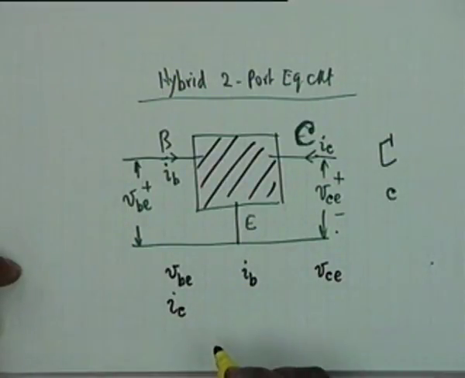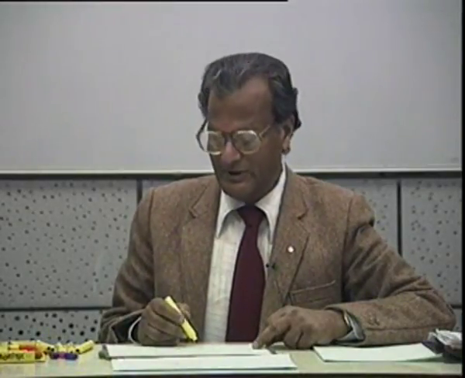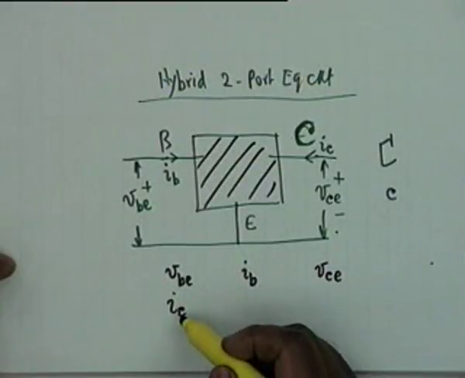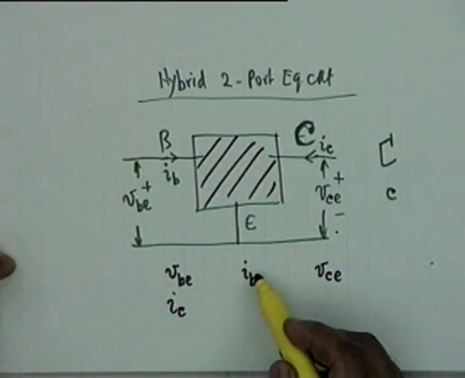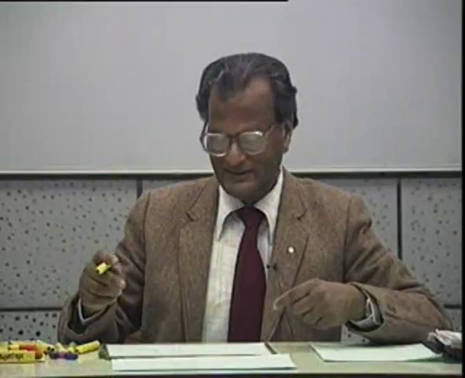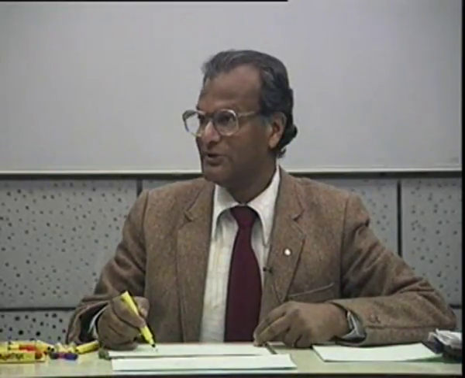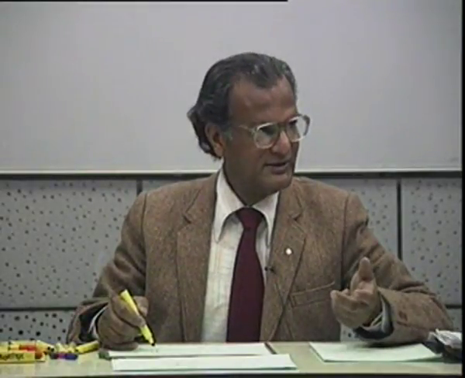And since it is a linear operation, in small signal operation it is a linear operation, VBE and I sub C, these two responses, you know what the sources are now? Signal sources are a current source at the input, IB, and a voltage source at the output, VCE. Alright, I can apply only two sources and measure two responses. I cannot apply a current source and a voltage source both here, can I? I cannot, okay, because that will be a degenerate condition.